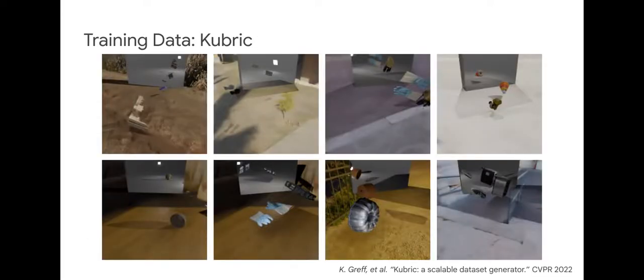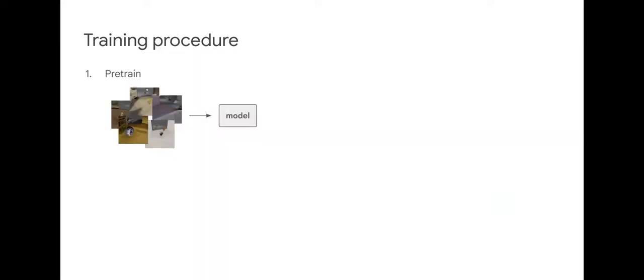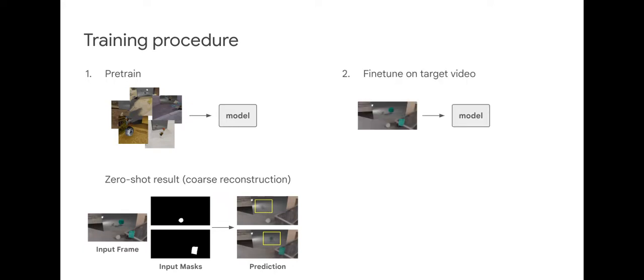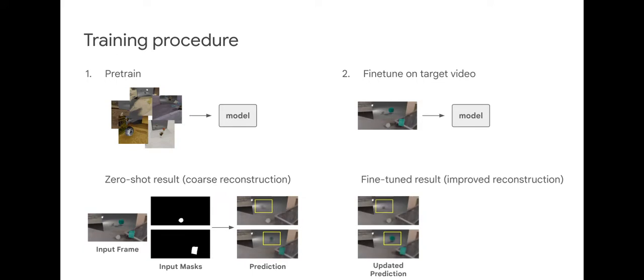To train our network, we generate data using the Kubrick codebase to easily obtain a large dataset of videos with interesting shadows and reflections. Since our method is self-supervised, it can also be applied to real data. This enables us to perform fine-tuning on real videos during test time. We first pre-train the model in a self-supervised manner on synthetic Kubrick data. This network can be used for inference, producing a coarse layer decomposition in a zero-shot setting. In the second stage, we fine-tune the model on a single target video for 200 steps, and this process refines the reconstruction quality of the layers.